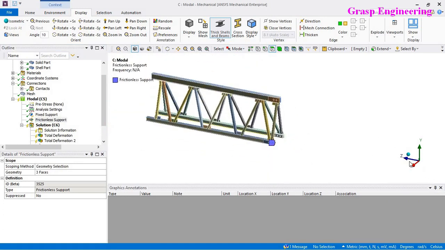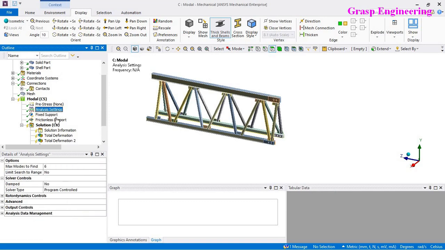So normally, in the sense, you will find the Z direction, because as we know, when the structure is there, it is not going to move in this direction. So that's why we are constraining rotation as well as the translation movement in the Z axis. Okay, now try to extract the mode shapes.